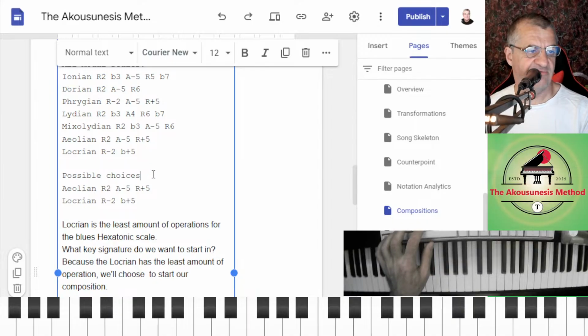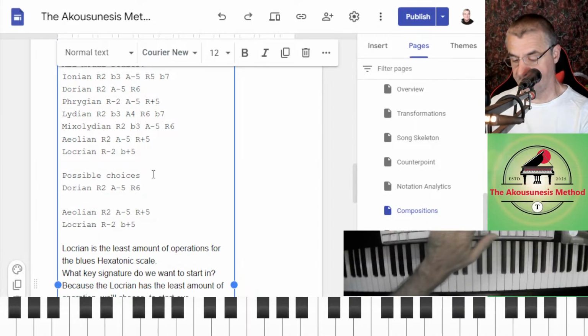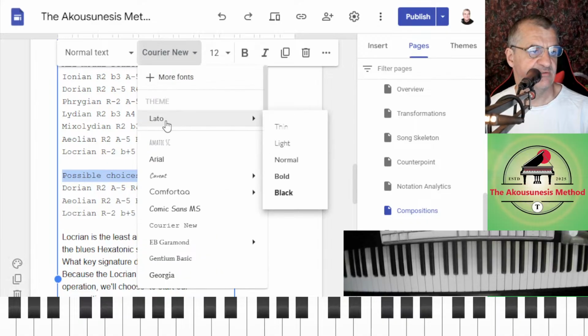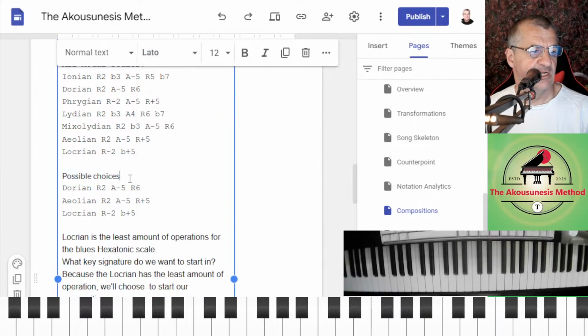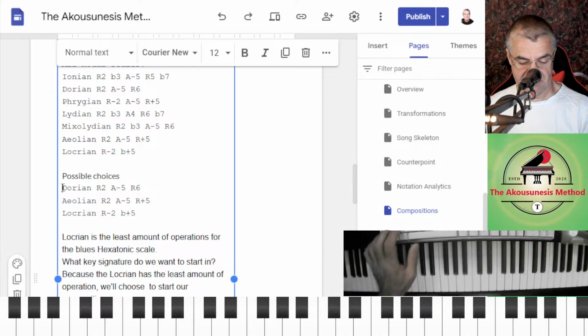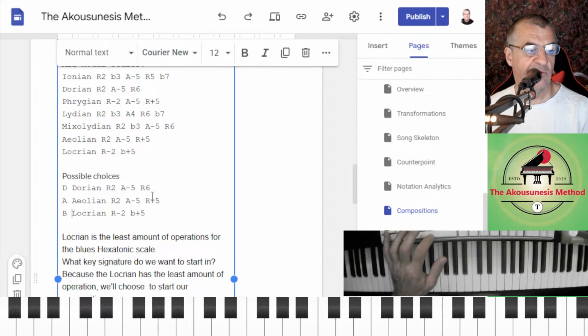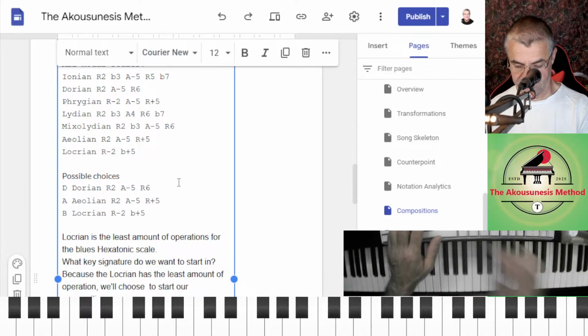I know this is very theoretical stuff, but it's all designed to help you understand and play. All right, so these are all in the key of C, right? So a Dorian's going to be D Dorian. It's going to be Aeolian and B, all in the key of C.